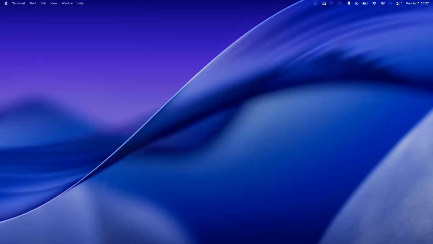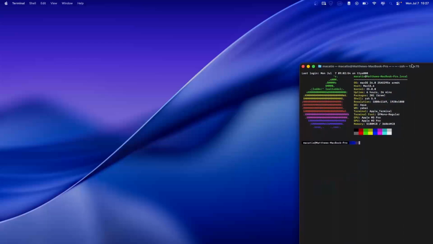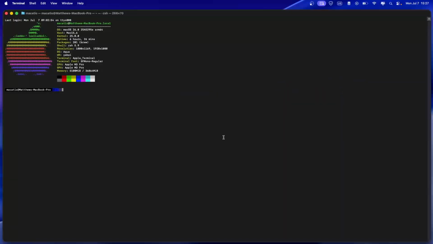And now let me open my terminal. I copy the path to UFADE, and